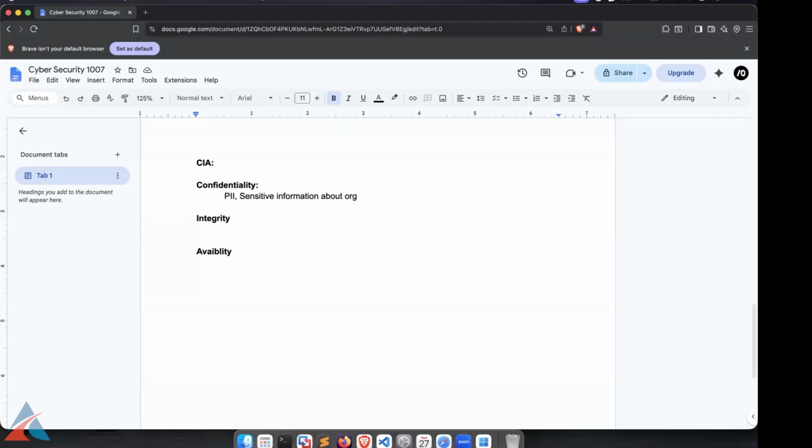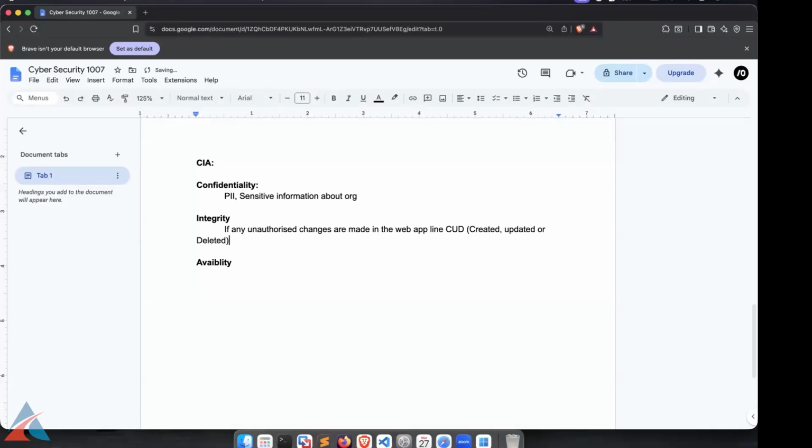CRUD is basically not just read: create, read, update, or delete.